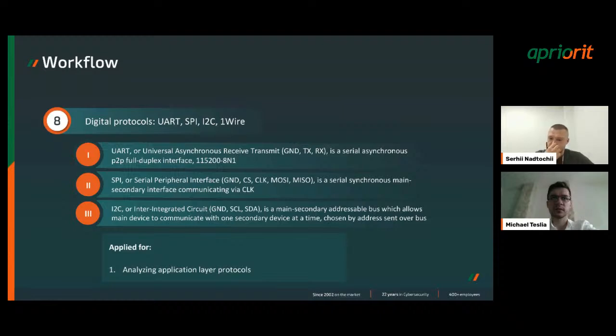And yeah, the digital protocols are good to know for situations where we want to analyze application layer protocols. I can give an example with the OSI model. We all know that we have TCP, UDP packets, and they are standard, common. Everyone knows about them, like their structure.